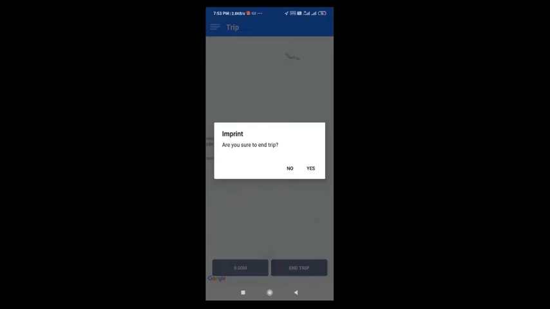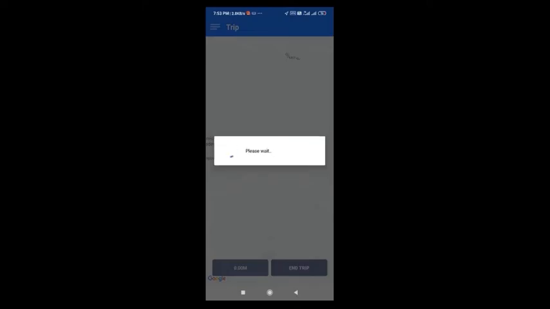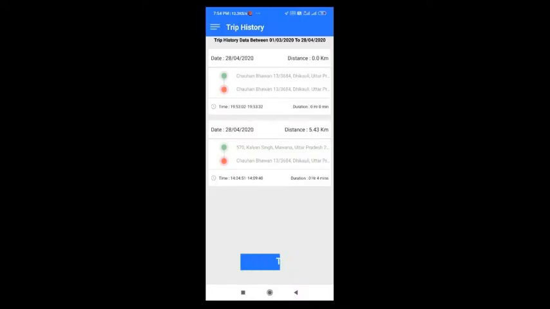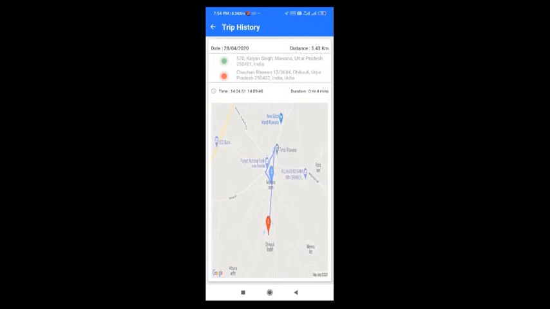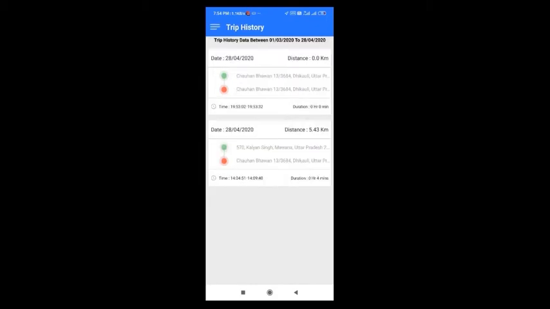Once the trip is over, you have reached the meeting venue, you can end the trip, and the same information will be visible on your trip history section. So you can see I am having 2 trips completed. One I completed in the afternoon at 2 o'clock, and the other is the recent one which I have started. If you wish to see the details, you can see the details also by clicking on the respective trip.